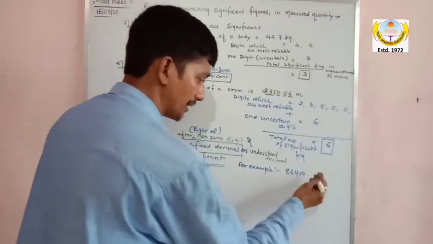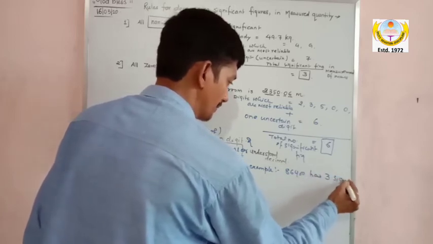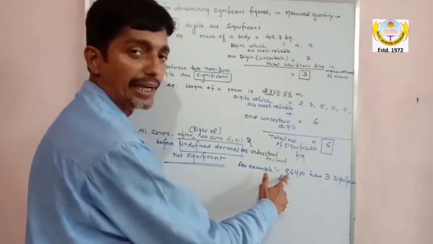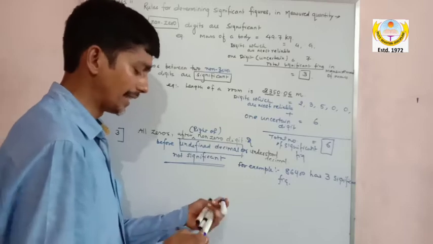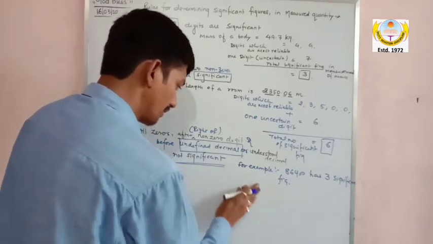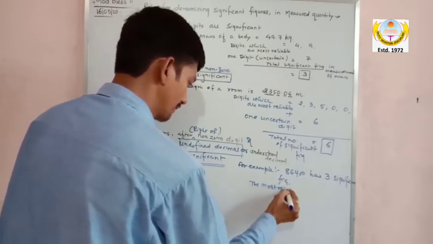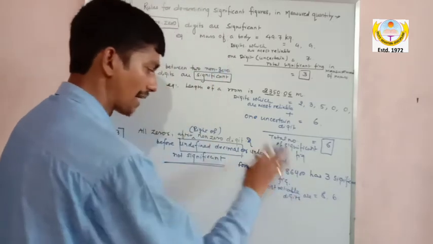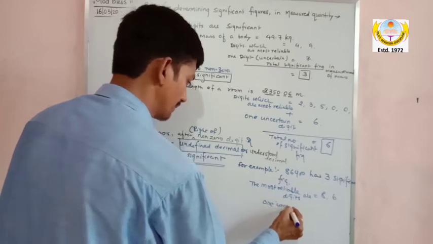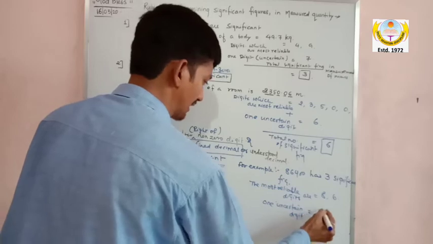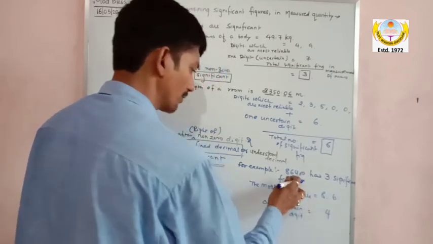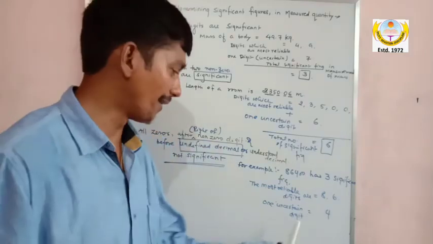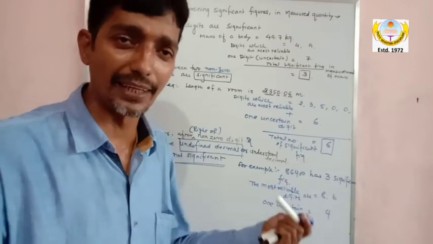Now for example, 86400 has 3 significant figures. Only 3 बच्चे. Has 3 significant figures और आपको दिख रहा है वो 3 significant कौन है? 864. कैसे है वो भी देख लो, कैसे 3 significant है. सर, the most reliable digits are, ये देखोगे तो और अच्छा समझता है. 8 and 6 are most reliable and one uncertain digit allow किया था साइंस ने, and that is 4, one answer. But all these zeros, my dear, they are not certain, they are 100% uncertain. So एक uncertain मैंने ले लिया ना, अब उसके आगे uncertain मैं नहीं ले सकता हूँ ना, significant के definitions को challenge नहीं कर सकते,